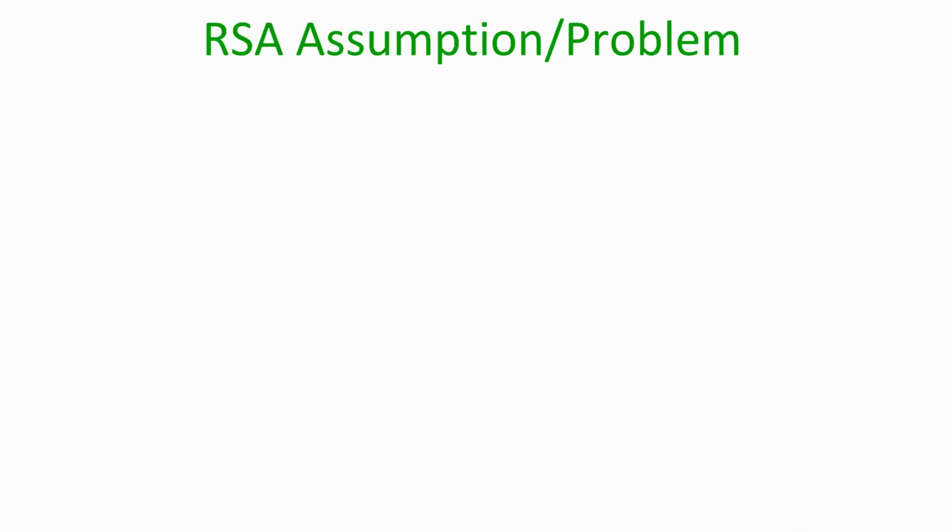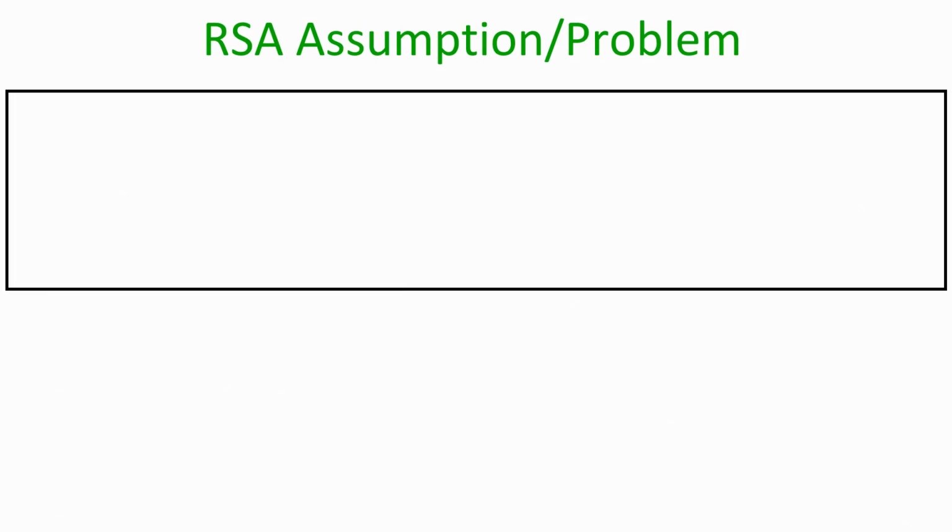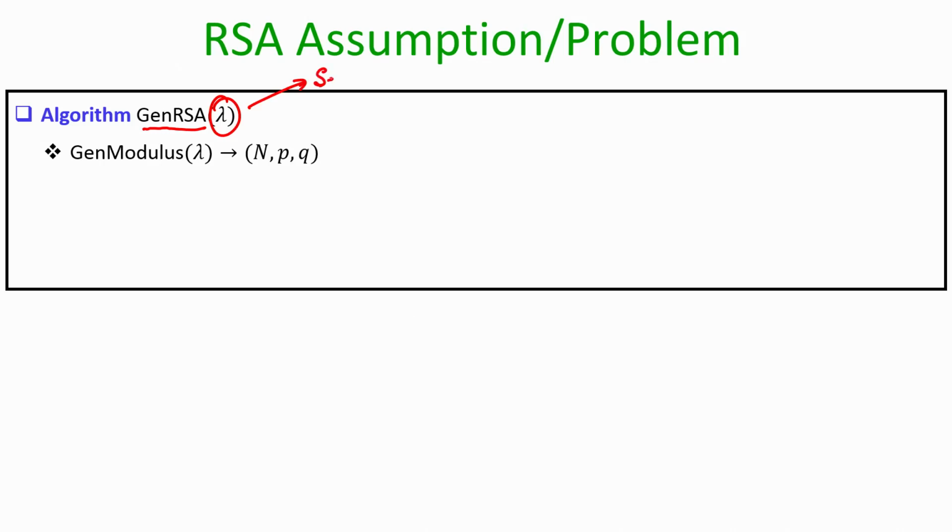Now, based on all this, let us see the RSA problem and the associated assumption, which we call the RSA assumption. This problem is defined with respect to an algorithm which we call Gen RSA, which is publicly known. Lambda here is your security parameter. All these terms might look like jargon, but you can refer to the earlier course on foundations of cryptography, where we have defined the security parameter, the Gen RSA function, and so on.